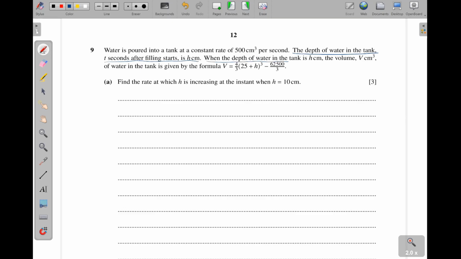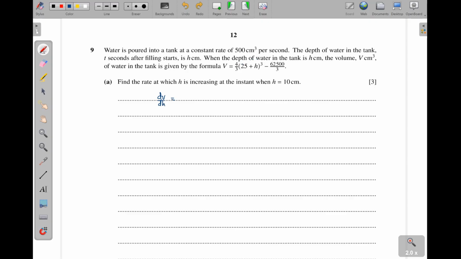When the depth of the water in the tank is h centimeters, the volume V centimeters cubed of the water in the tank is given by this formula. Part A, find the rate at which h is increasing at the instant when h is equal to 10. Since these are connected rates of change, we have to differentiate this one here. So we have to get dV/dh,